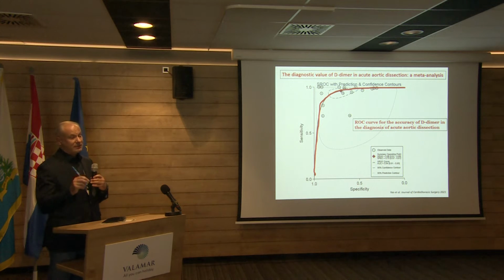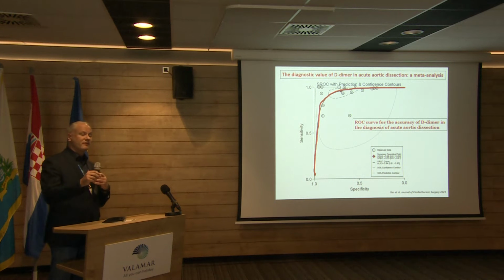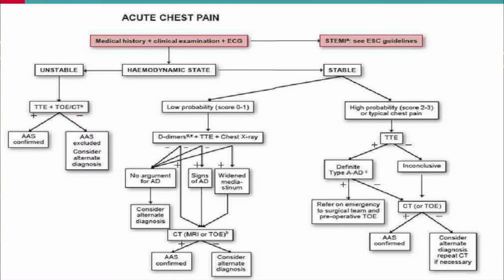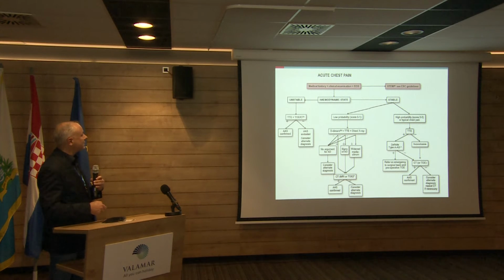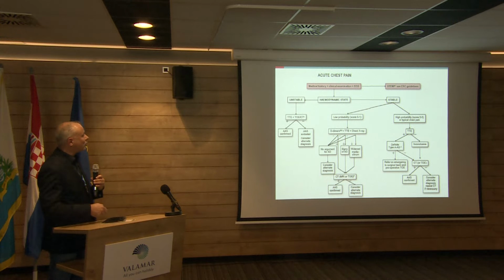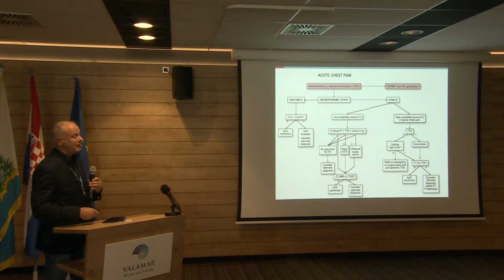Of course, this is a biomarker together with physical symptoms, with history, and with all the things I was talking about before. So this is like an algorithm for acute chest pain. Because the syndromes are overlapping, we have to exclude acute coronary syndromes. If we have hemodynamically unstable patients, we're talking a lot about bedside focus echo. We'll see some pictures later. We have to perform it immediately in the emergency wards, and proceed with other imaging techniques, usually CT angio. In stable patients, with low or high probability, we are dealing with D-dimers, followed by echo and CT angio,